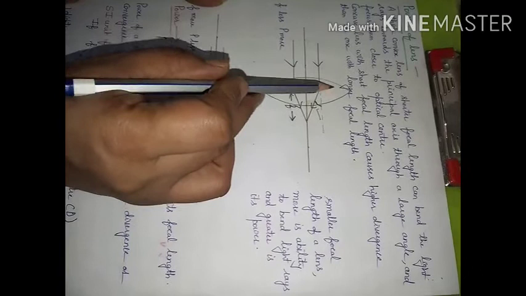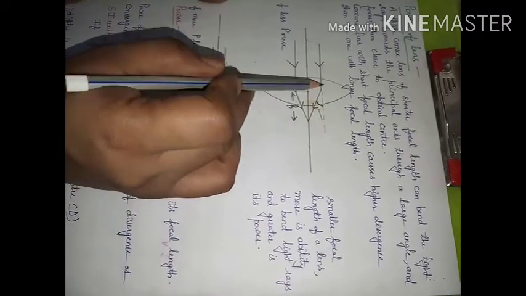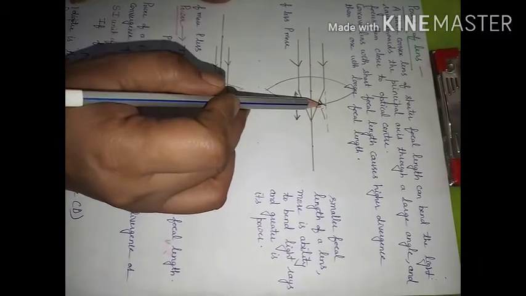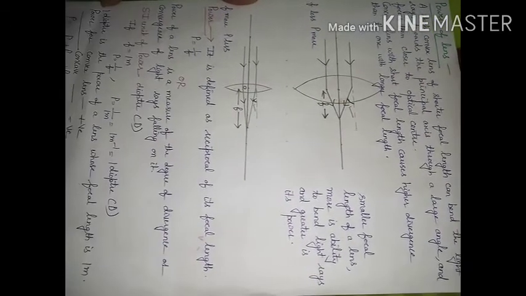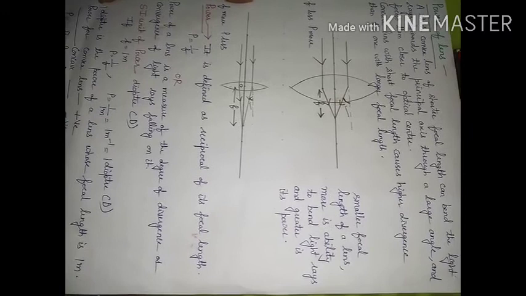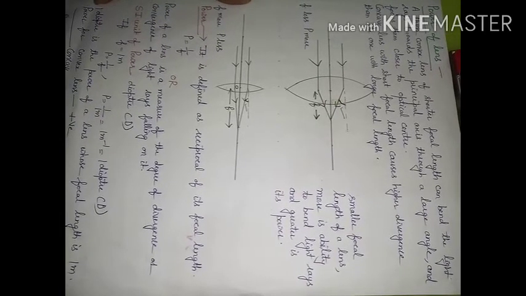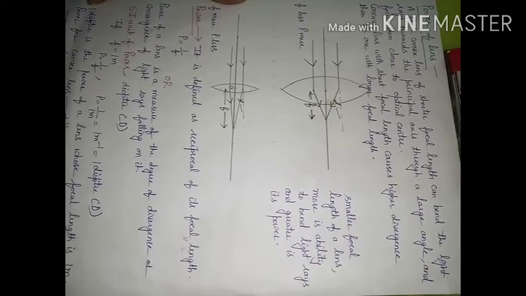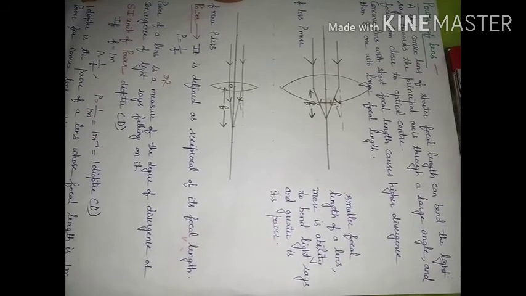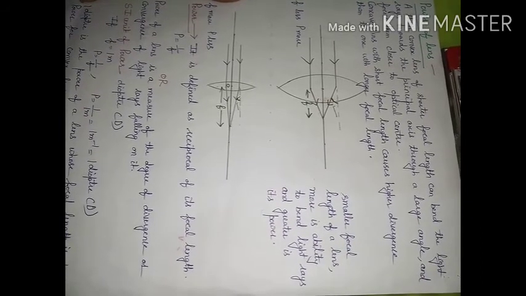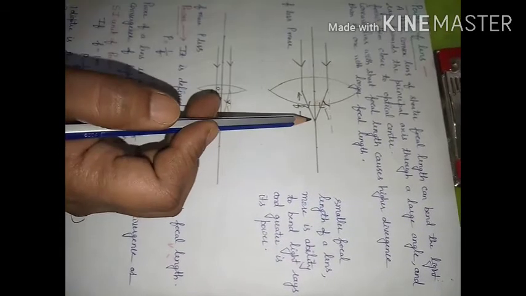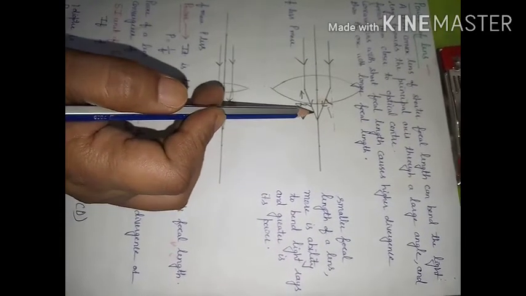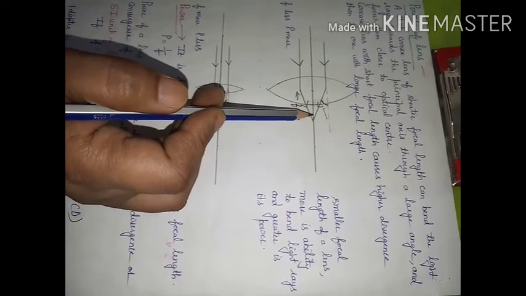And this capacity of bending the ray of light by a lens, we are going to measure by the term that is power of lens. So today we will study about power of lens. Power of lens measures the degree or ability of a lens up to which it can converge, or if you are talking about concave lens, then it can diverge the light rays.